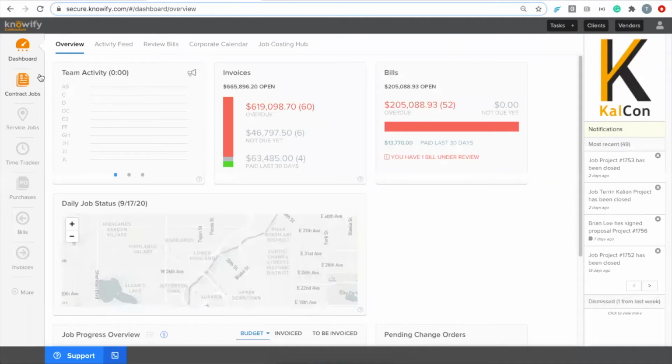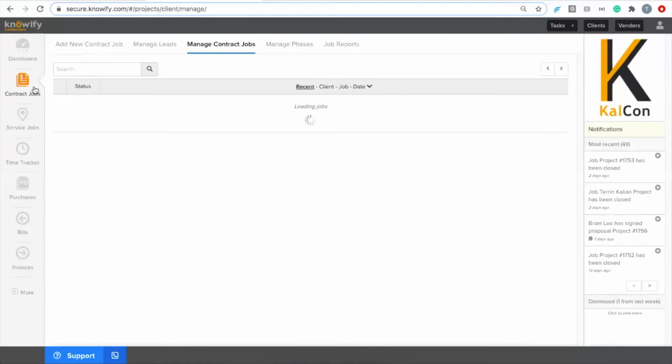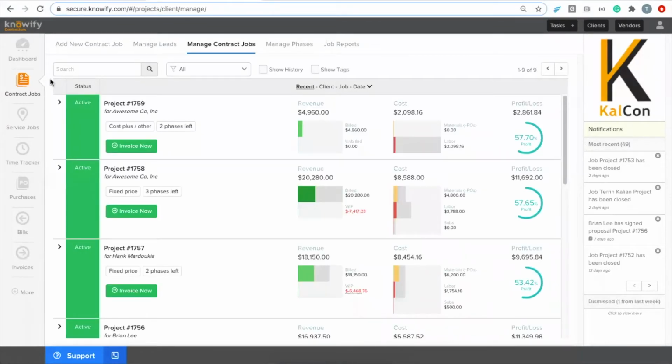And without much further ado, I'm going to go ahead and open up my Knowify account and teach you a little bit more about how we're going to be tracking these different types of subcontractor expenses. And what I'm going to do is start with the easiest version of this. If you have tuned into other webinars, if you've used Knowify a lot in the past, you know that if you enter something in your purchases module, or if you enter something in your bills module,